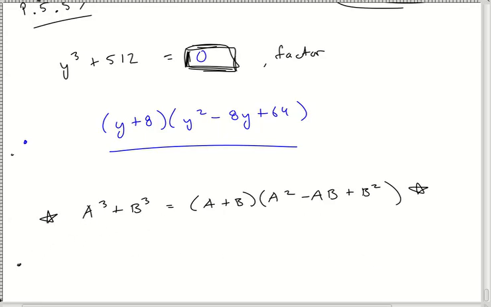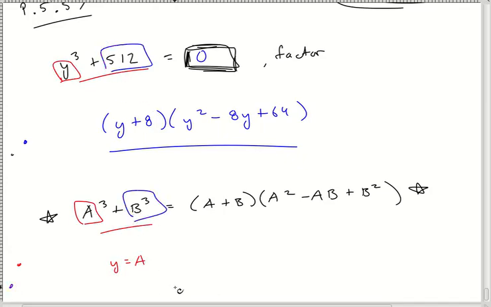Okay? I'm looking here and I'm saying, you know what? This looks something kind of like this. Notice I got a Y and I got an A. So Y equals A, or A equals Y. Somehow, though, I'm supposed to also see that this 512 is supposed to be B cubed. Well, what about this? What about 8? And